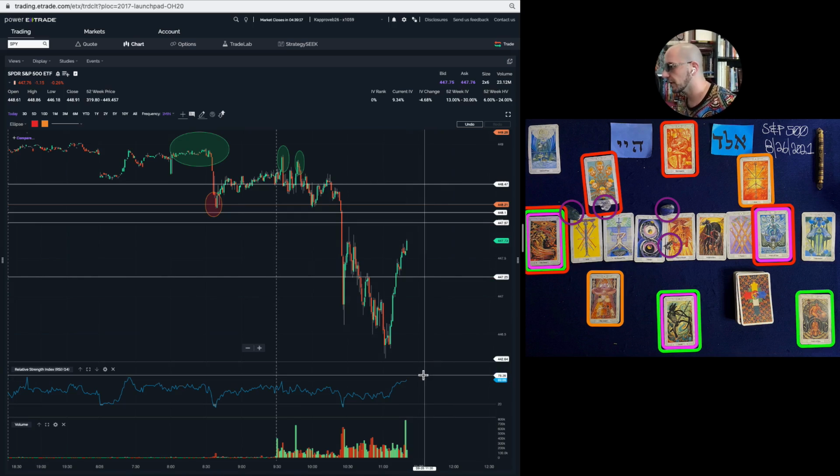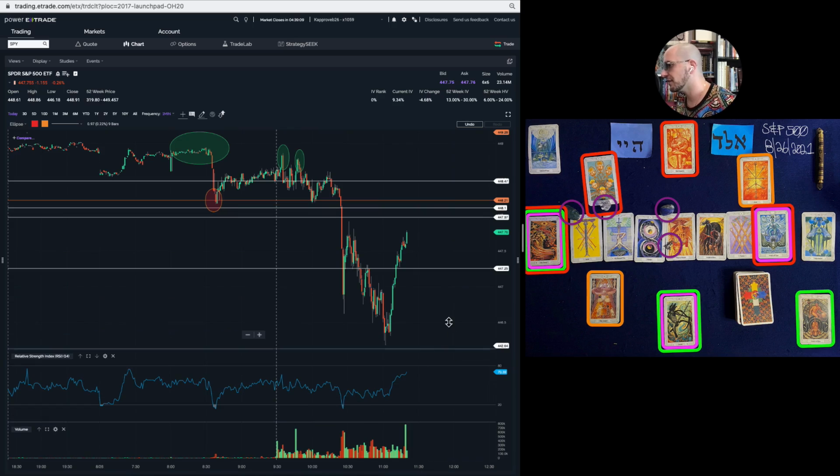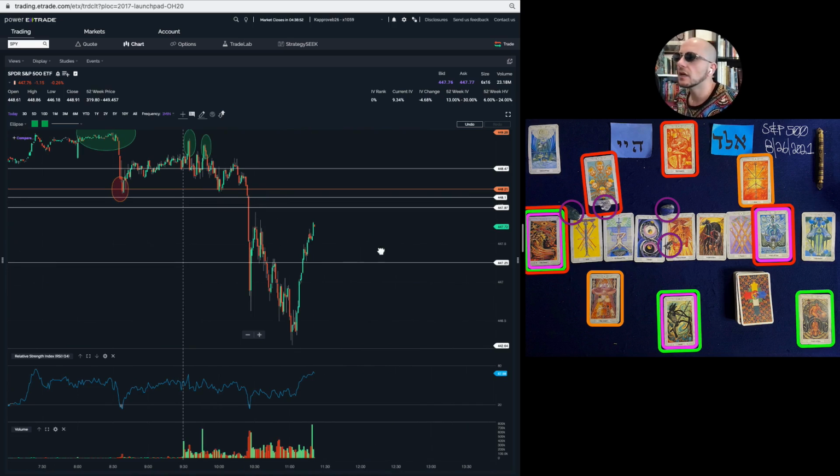It does look like we're going to hit that RSI relatively fast, and that's not a good sign for bullish people. If you go to it fast, it generally means you're not staying there long. At least that's been my experience. All right. So we should have another peak right around 12. I'm going to go ahead and say